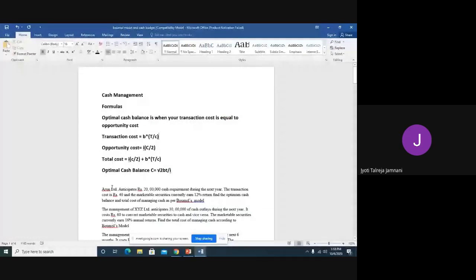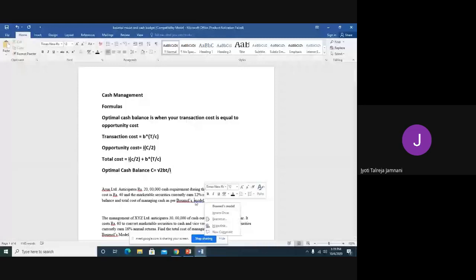I'm writing this in a Word document, but you know how to write a square root, so use the square root sign when you are doing it. So, let's start solving the first problem. Okay, now what is the first problem? First, always remember, after you read the problem, you need to write down what is given.